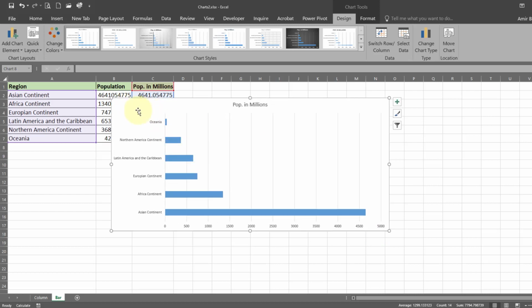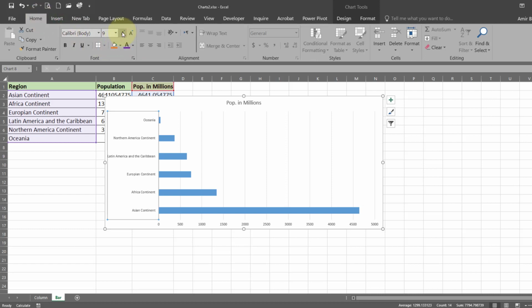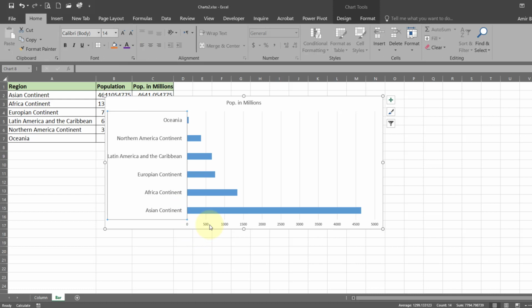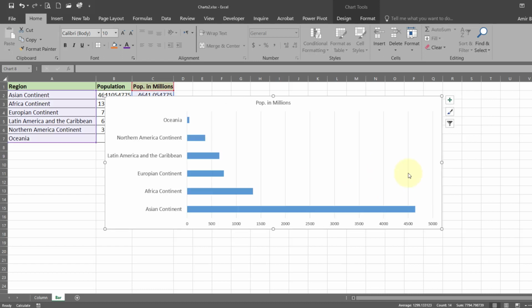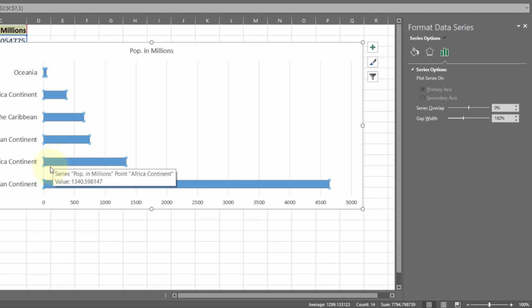We can do some formatting to this. We can increase the size of these bars or reduce the gap that is here.